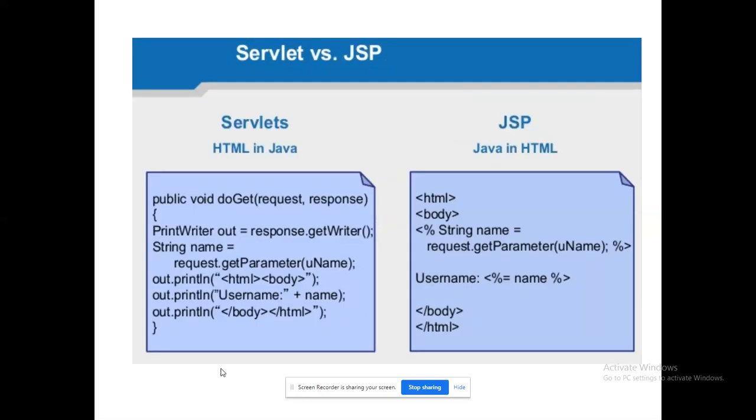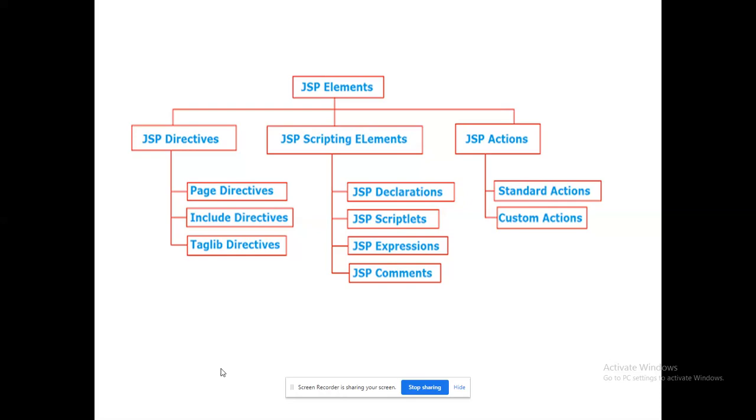Even in the previous code, you could see I have given Java code within the percentage mark. This is also a scriptlet only, right? That can be given within the corresponding tag. You will see, everything will be given within the angle bracket. JSP actions, okay? Action tags. We will see the list of action tags that are ready to supply. Instead of event-driven programming and accessible APIs, these tags will help us write the program in a simpler way, right? So that is the idea here.